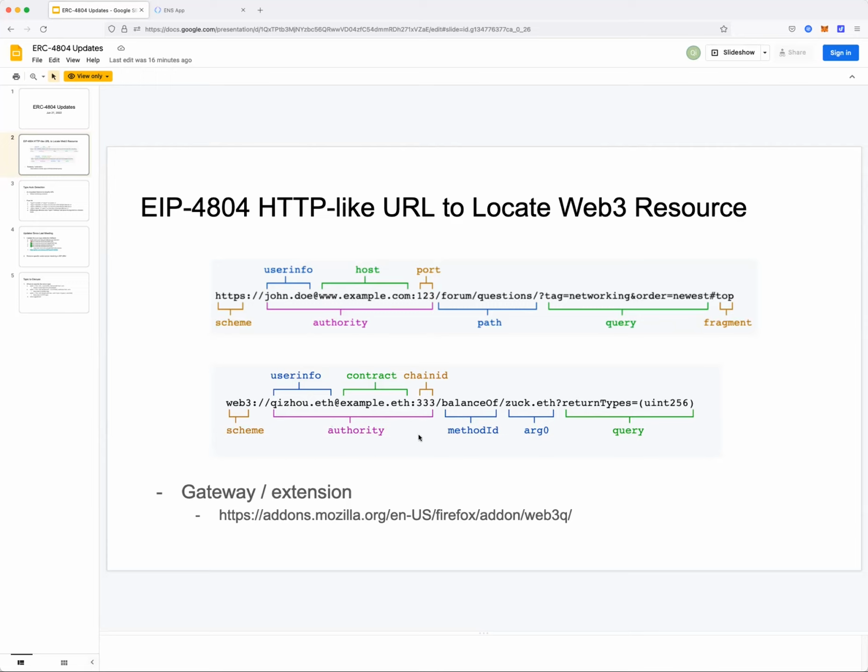The key thing is that we do not rely on any wallet, for example MetaMask, and that we are still able to directly locate the Web3 resources. So this user info doesn't need to be passed to the wallet. It can just go to the browser and the gateway or the extension, so that it will basically translate this user info. Right, but then we need a gateway or extension. Yes, that's right, and that would have to point at some RPC ID, which is then predefined by the gateway.